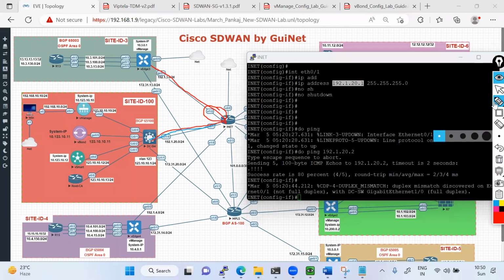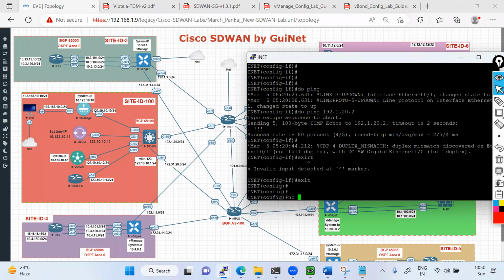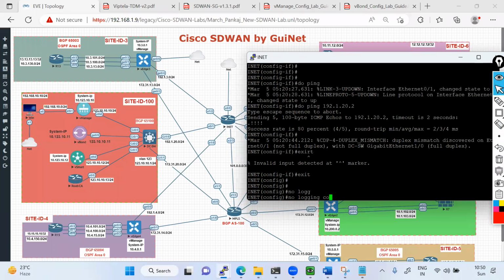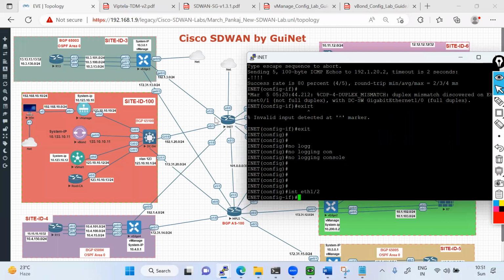Okay, so at least they could be reachable. So let me just do that. Let me first enable no logging console. I'll go on this interface Ethernet 1x2, and you can see this interface should have this IP address